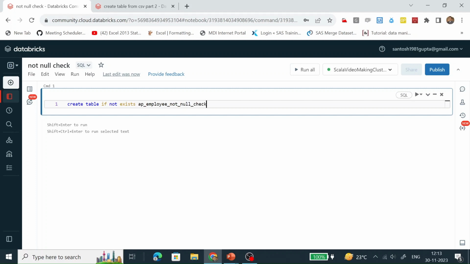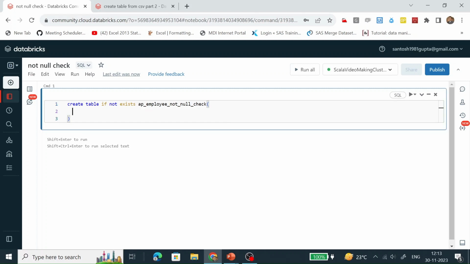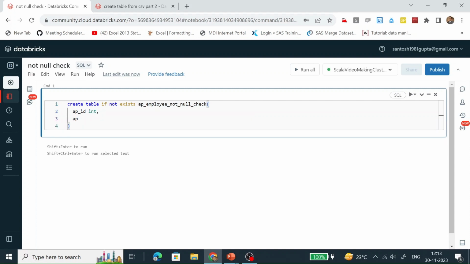This is the name of the table, and the schema of the table is AP ID of int type, then AP name of string type, and we are putting a not null check here.